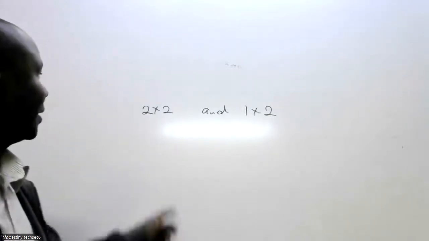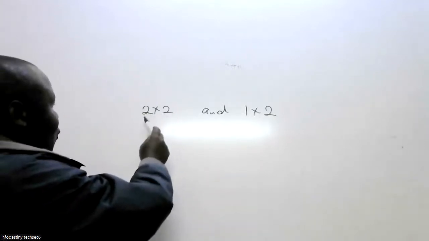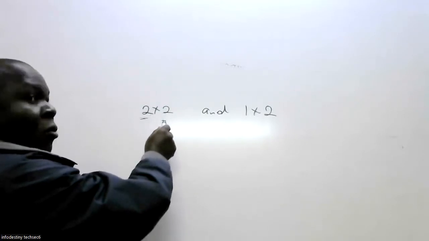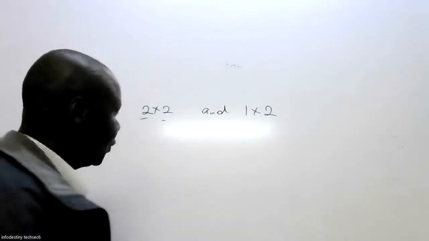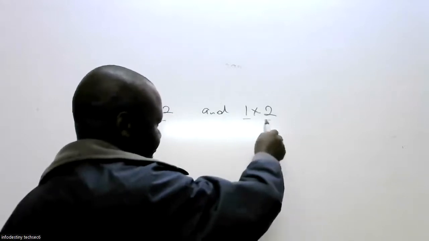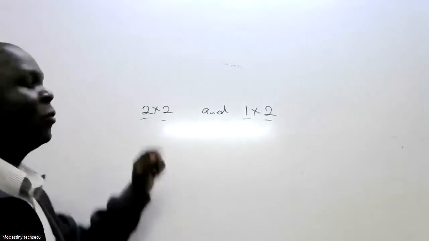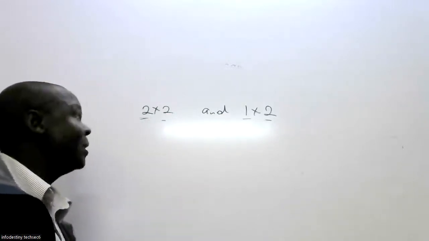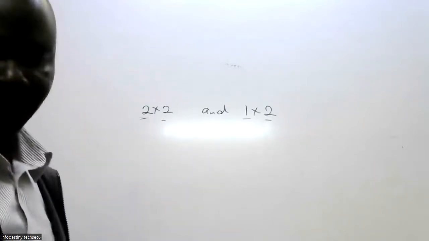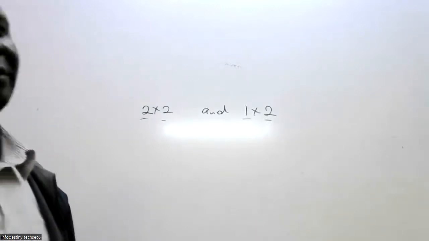Now, I want you to look at these two matrices. The order of the first matrix is 2 by 2, which means we have 2 rows and 2 what? Columns. When you come to this one, we have 1 row and 2 columns. Now this one cannot be multiplied. When you find the columns like this, then you cannot. So you continue by saying it cannot be multiplied because